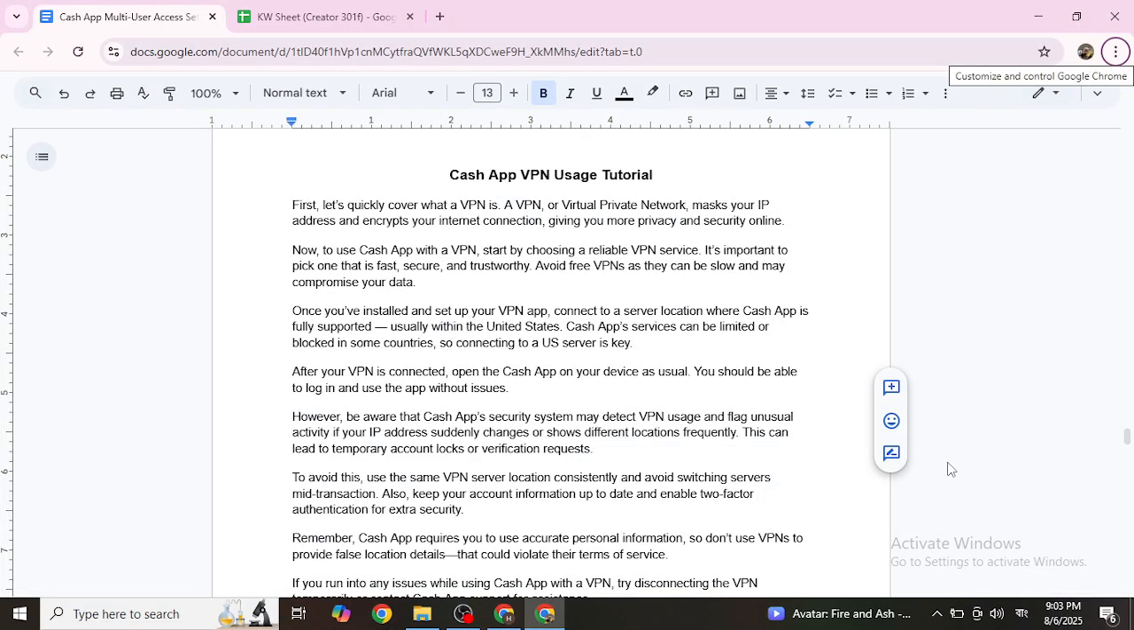In today's video, we're going to talk about Cash App VPN uses tutorial. First, let's quickly cover what a VPN is. A VPN, or virtual private network, masks your IP address and encrypts your internet connection, giving you more privacy and